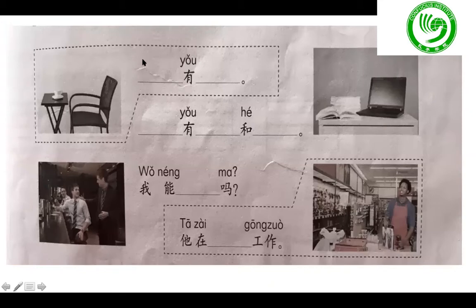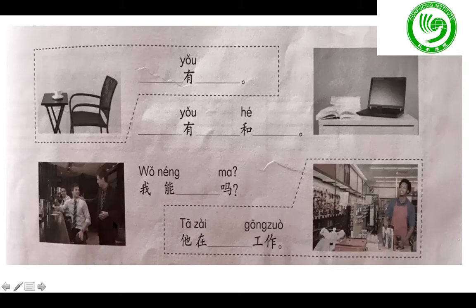Okay, the first one. 有 remember someplace 有 something or somebody. So where? Yes, on the table. How to say? 桌子上有一杯咖啡 or 一个杯子. It doesn't matter, right? Second one. So remember, the first one is 有 and the second one is 和. 和 means and. So where has what? 桌子上有一个电脑和一本书，很好。第三个